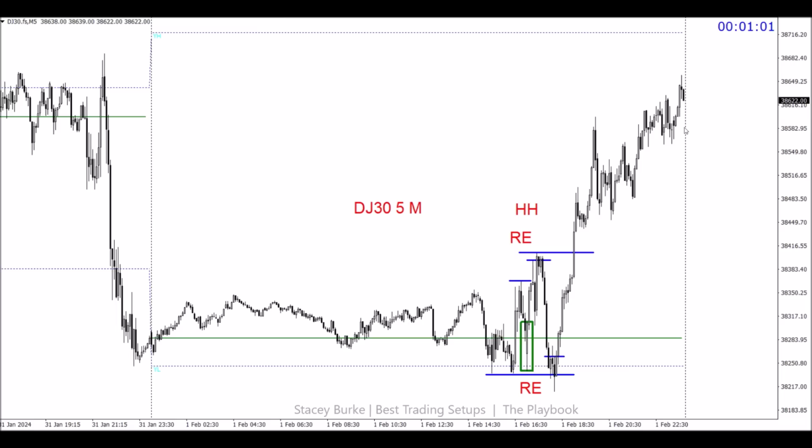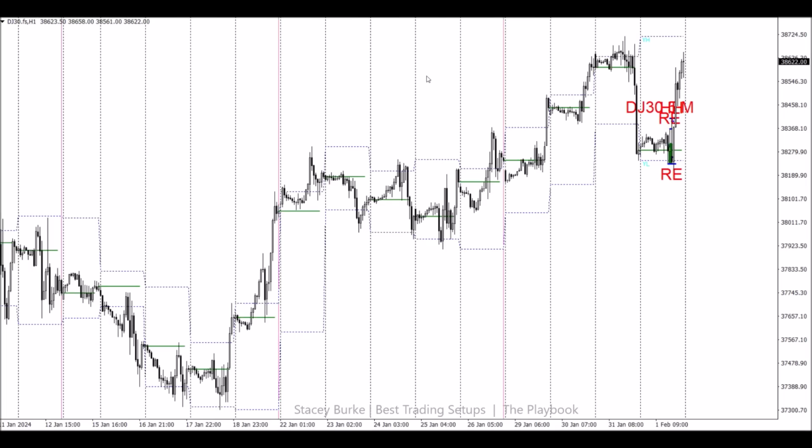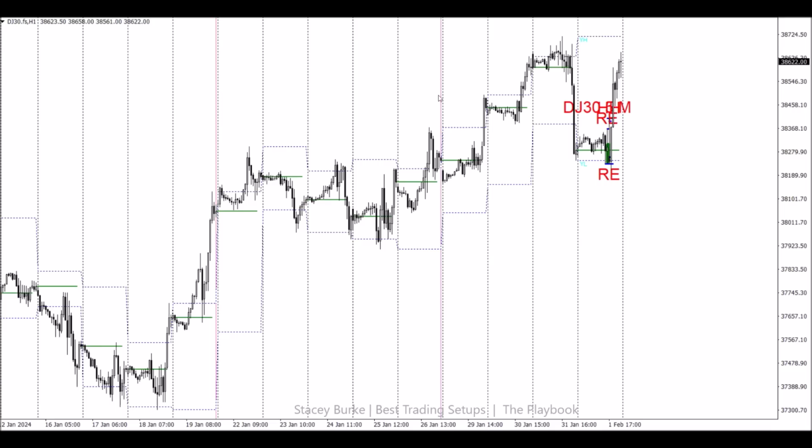The parabolic reversal opportunity came later in the day on the DJ30. Thesis again, this trade is being driven by other time frame traders. If we come back and just back this chart up and look at the overall week, we've been in an up market. We had a market that broke out from Monday's high, and we've layered on top the last Monday's high. We potentially now have a dump and pump Wednesday, Thursday, Friday setup,